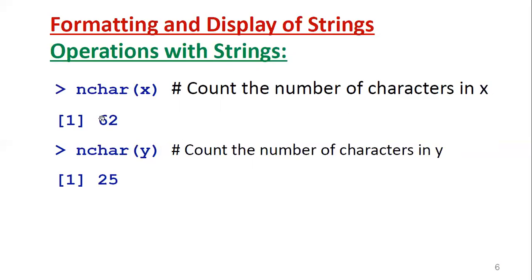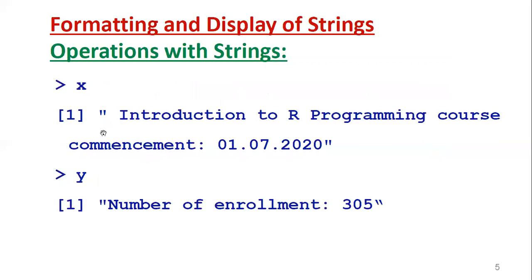Here, carefully, there is one point you need to remember. See, for the character vector X, how is the count 62? Go back once. Here you can see it counts each and every letter in the string, including spaces and special symbols, any symbols. See here, within double quotes, it won't count the double quotes themselves. The string is represented within double quotes. Inside the double quotes, it counts each and everything.